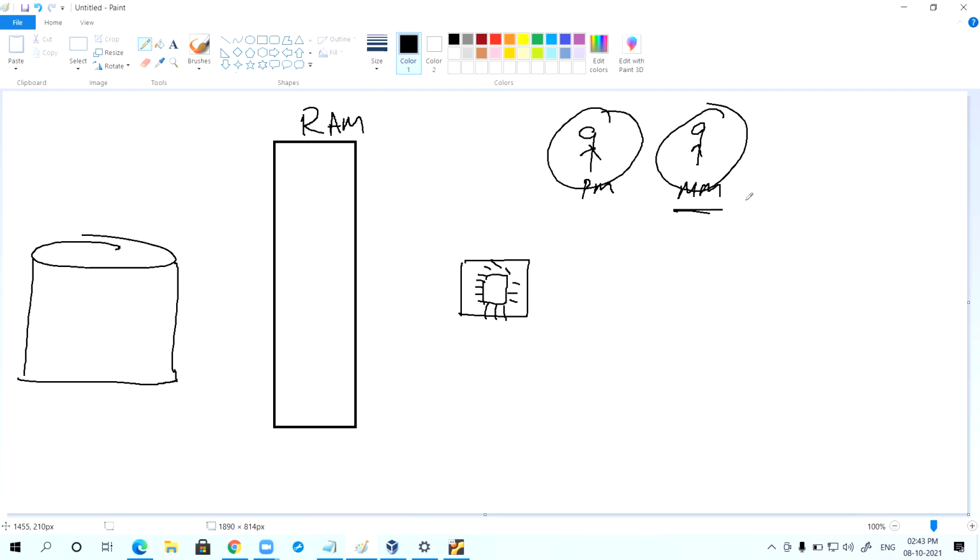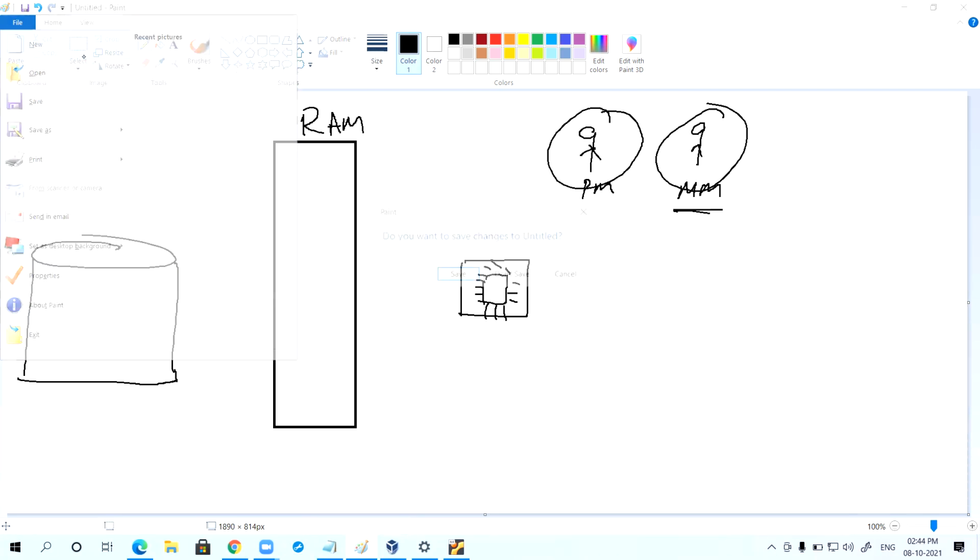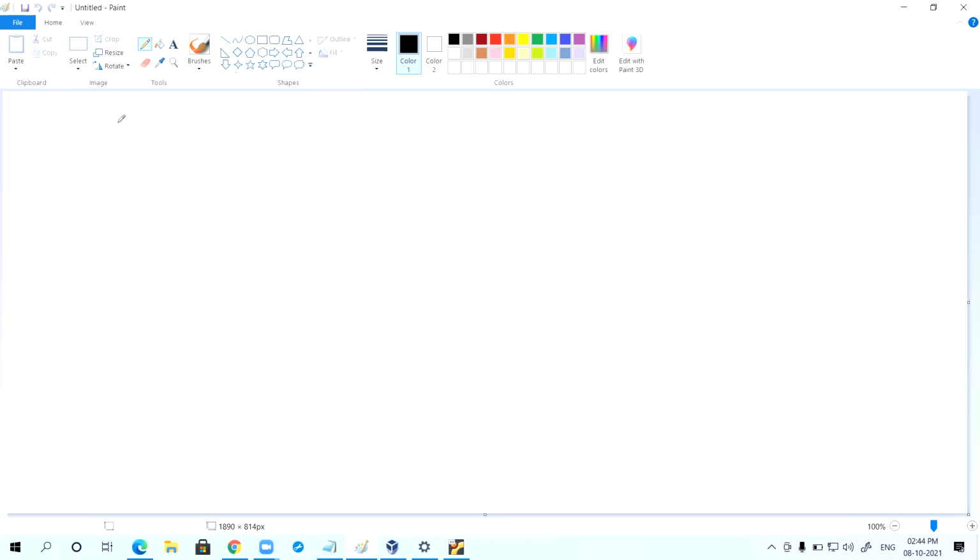We need to understand those policies, rules, and procedures. Before that, we need to discuss one concept called address binding.